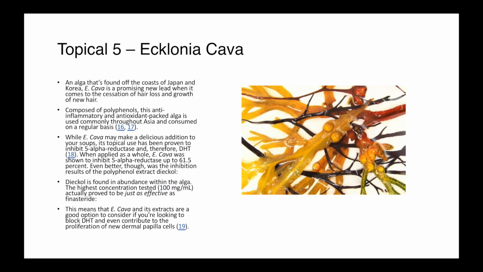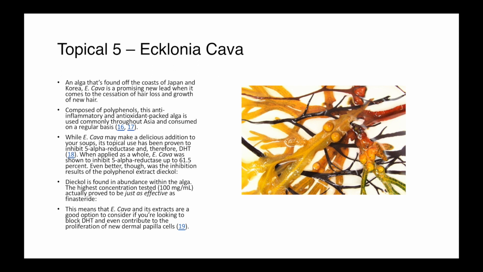The fifth and final topical solution that we've got for you is Ecklonia Cava. This is an alga that's found off the coasts of Japan and Korea, and is a promising new lead when it comes to the cessation of hair loss and growth of new hair. It's composed of polyphenols, and this anti-inflammatory and antioxidant-packed alga is commonly consumed throughout Asia on a regular basis. While E-Cava may make a delicious addition to your soups, its topical use has been proven to inhibit 5-alpha reductase